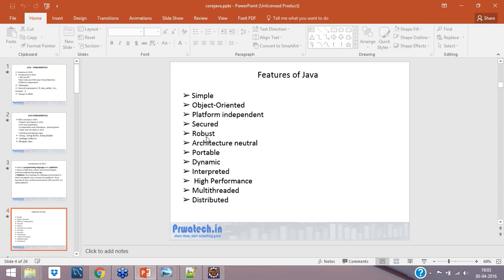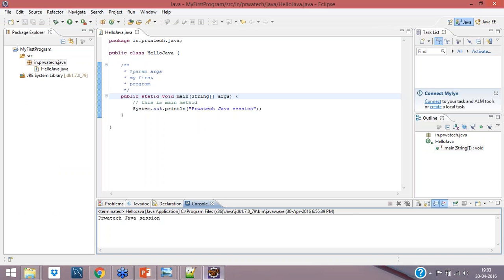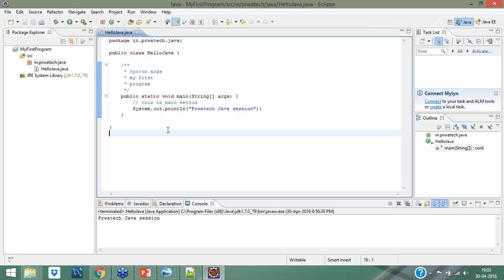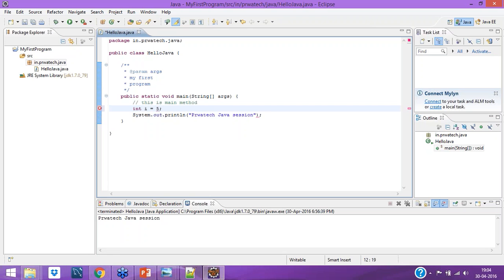Let's say I have an object. Let me write something: int i = 5. I'm writing an integer i, which is a data type inside Java.